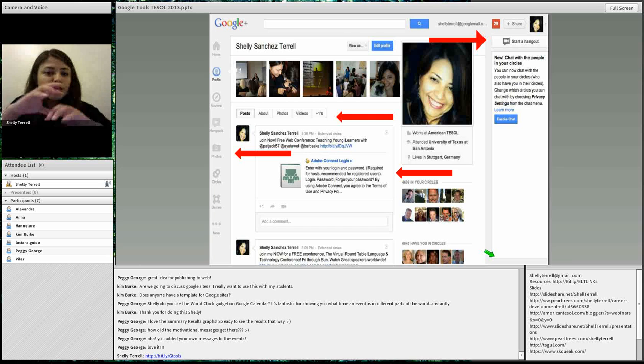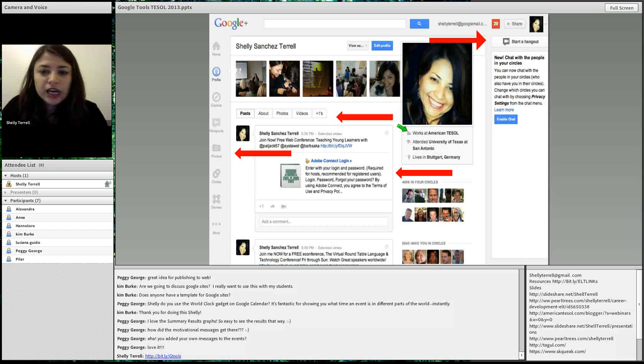Now they have something where it's a huge cover. It looks much nicer, but I did want to show you this. This is a little bit older. Sorry, I should have updated this. But it makes a nice profile as well. So you can share this as a professional profile. And I often share my Google Plus as a professional profile. I don't have to make a new one.